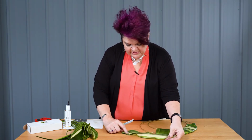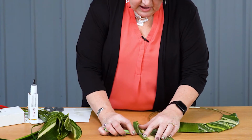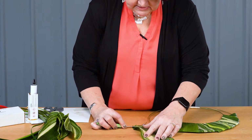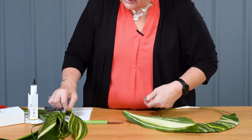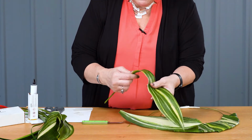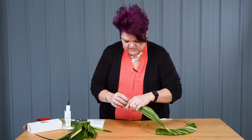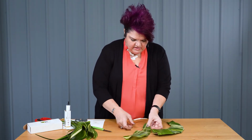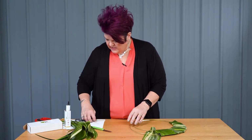So I have my Aspidistra here. I'm using the Variegated for a little bit more character. And then I'm going to come in and just cut off that back stem. So you can see at first, it's not very pliable when the main stem is on. So we take that off to start off with, and then we're going to come here, lay it on, and